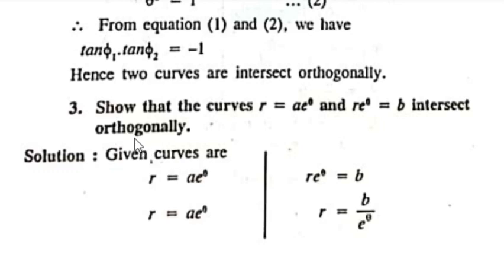Okay. In the same way, we show that the curves r is equal to a e raised to theta and r into e raised to theta is equal to b intersect orthogonally. Same method you have to follow. The first curve is r is equal to a into e raised to theta. Then let us differentiate. So 1 by r dr by d theta, apply product rule, a into e raised to theta plus